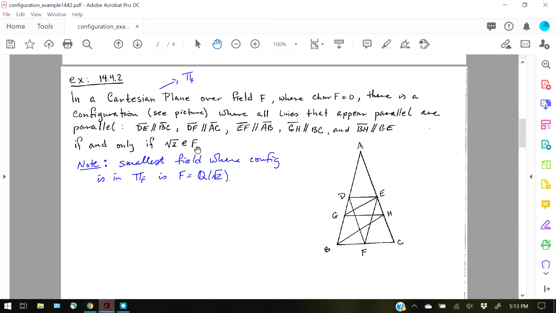We want to say, all right, do we actually believe that square root 2 is the thing that's needed? Okay? What do we need to do? Well, the first thing is we need to approach this like we would any other configuration. So the very first thing that we would do, step 1, we need to label all of our key